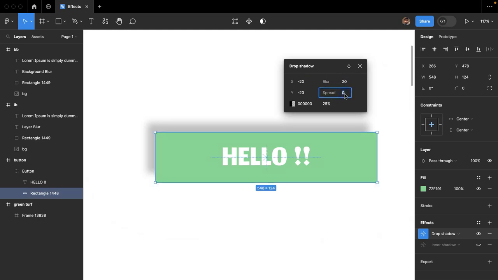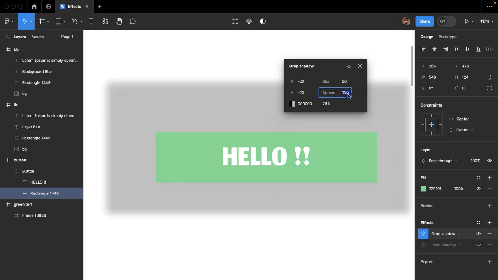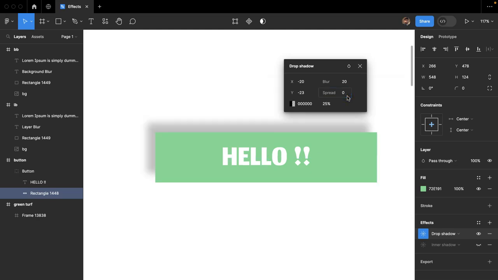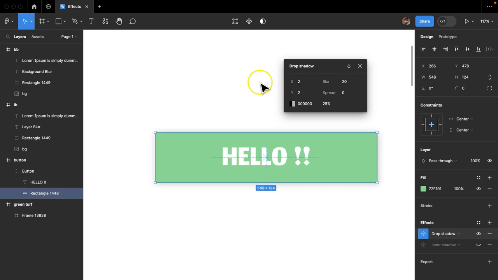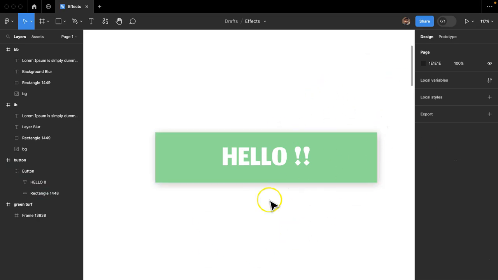Spread is the amount of how much you want it to spread. If I keep it as 100, it will spread totally, right? But right now I'll keep the spread as 0, blur as 20. I'll keep Y as 2. I'll keep X also 2. So let's say I'll keep it as 4. Yeah. So now if you can see the button,